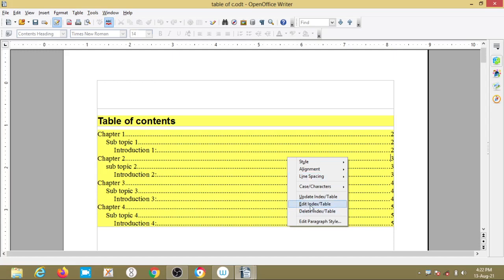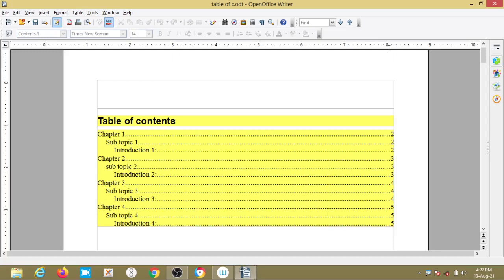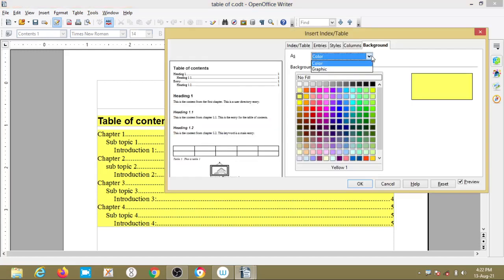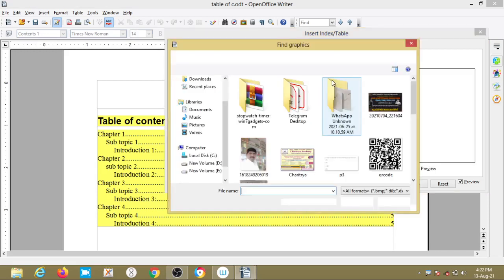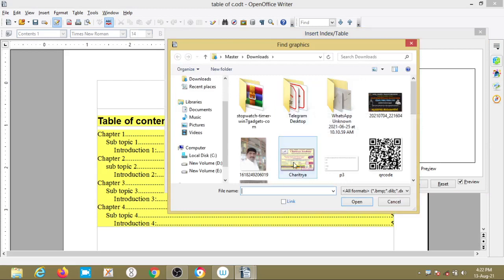So next, if I want to insert the graphic, go here, background, insert, index and table, go to this background dialog box, it has background, go here as graphic, browse image. So here my image, I selected this Charitra, open.